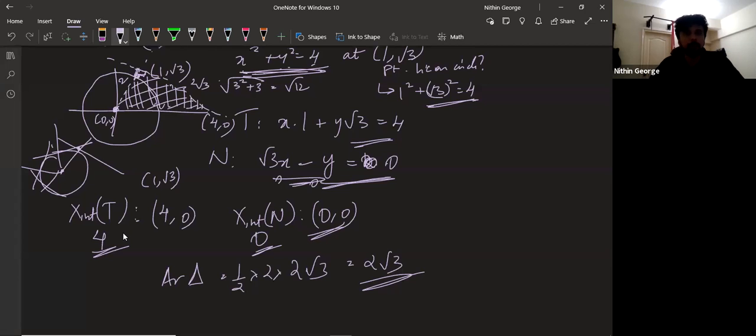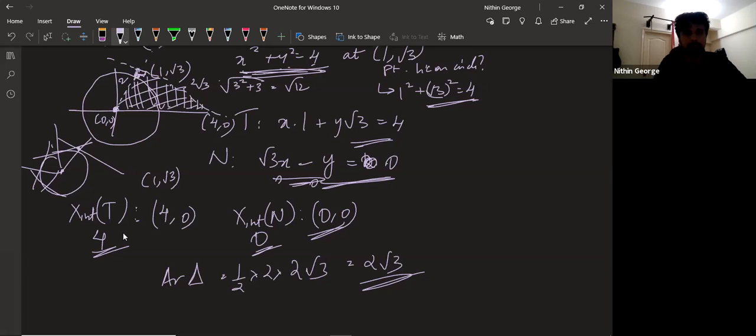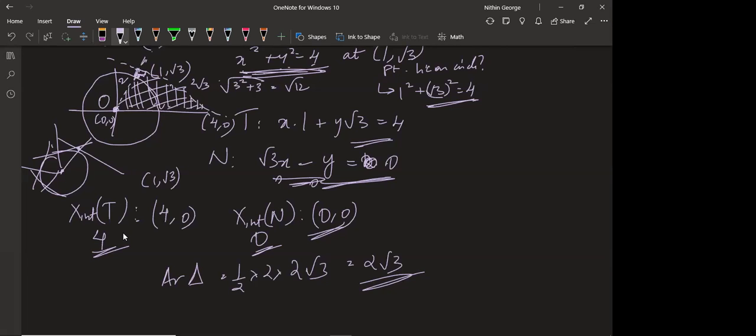Now, you have all this. Find the x-intercept, find the y-intercept to get the other 2 points. Once you have the 3 points, you can easily find the equation and then find the area of the triangle. Or once you have the 3 lengths, you can easily find the area of the triangle. So you get the final answer as 2 root 3. Any doubts here, guys? So how did we find the distance? Distance between? I just named the points O, A, and B.